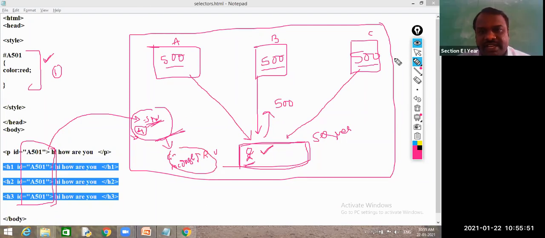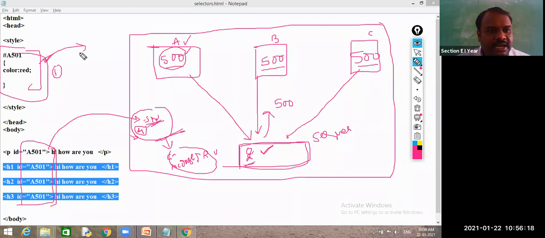But here, if I give these multiple values for an individual class and I want to call 500, multiple students will come. At class level, only one element can be unique, but within this entire group multiple IDs should not repeat. So that is the reason why it is better to use the ID selector only for one element.